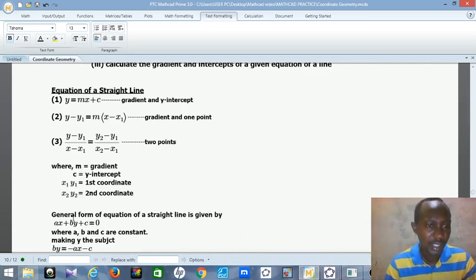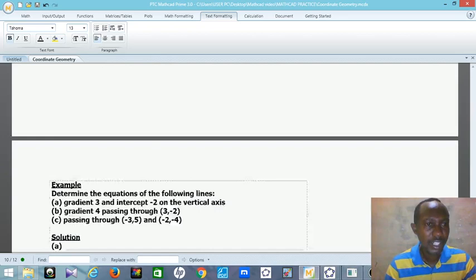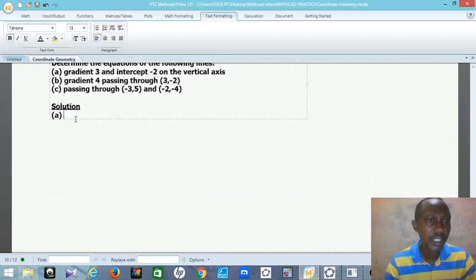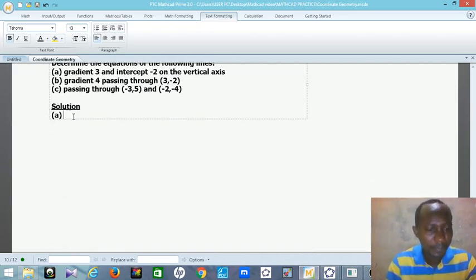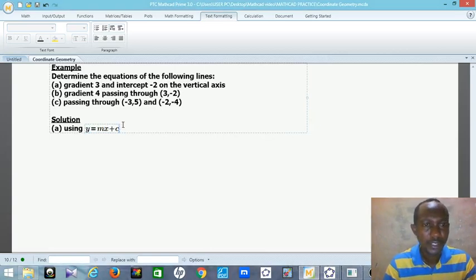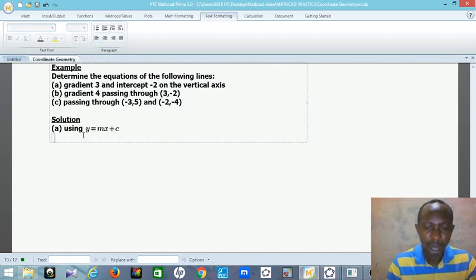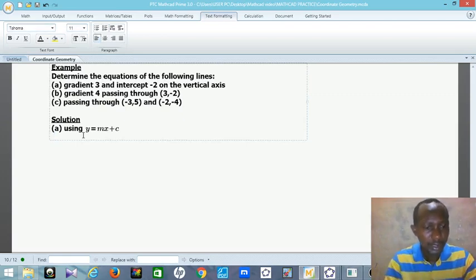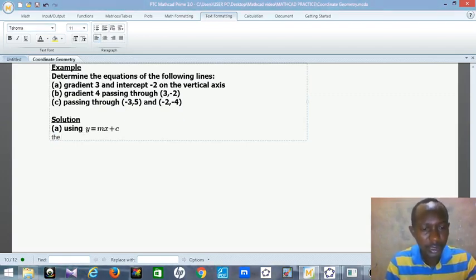Then if they want you to put your answer in the general form, you can do that. So it depends on what the question wants. So that is all for the first one. That is the solution of this first one. So all I need to do is, I'll now say using this equation, y equals to mx plus c. Using this equation, the equation